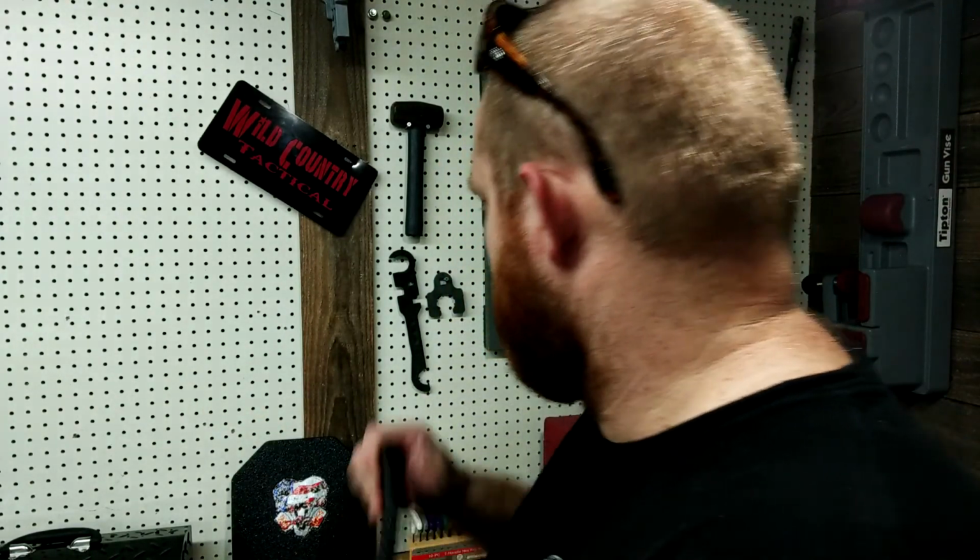Probably everything that I'm going to shoot will be jacketed. More likely it's going to be full metal jackets. Might even try doing some jacketed hollow points on some of them if I can find them, just to see how they're going to react. Might even do it on the pistol rounds just to play with it, just to see how they're going to handle. The reason why I haven't got this video out yet is because we're talking maybe 10 to 12 different types,